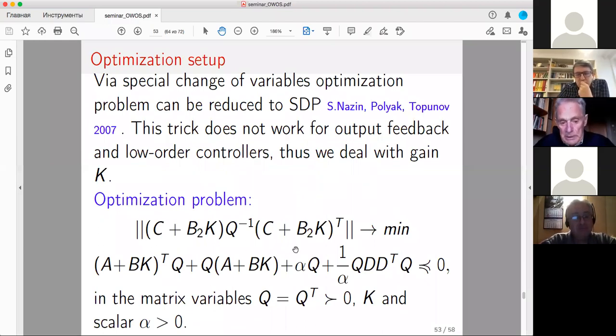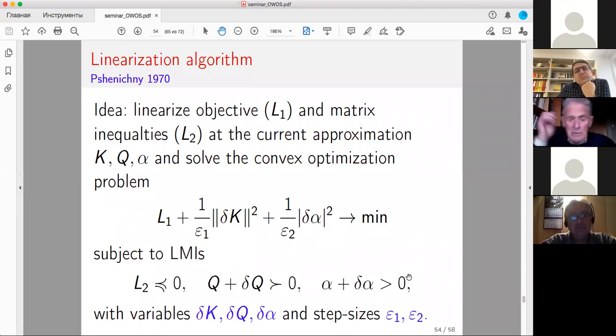We minimize some function, our variables are k and q, and we minimize this function subject to a nonlinear matrix inequality. Okay, now let's